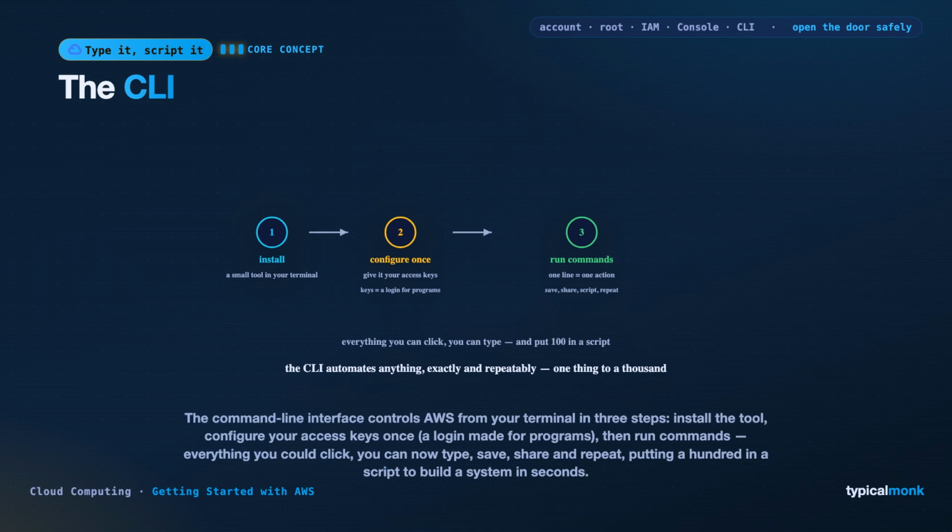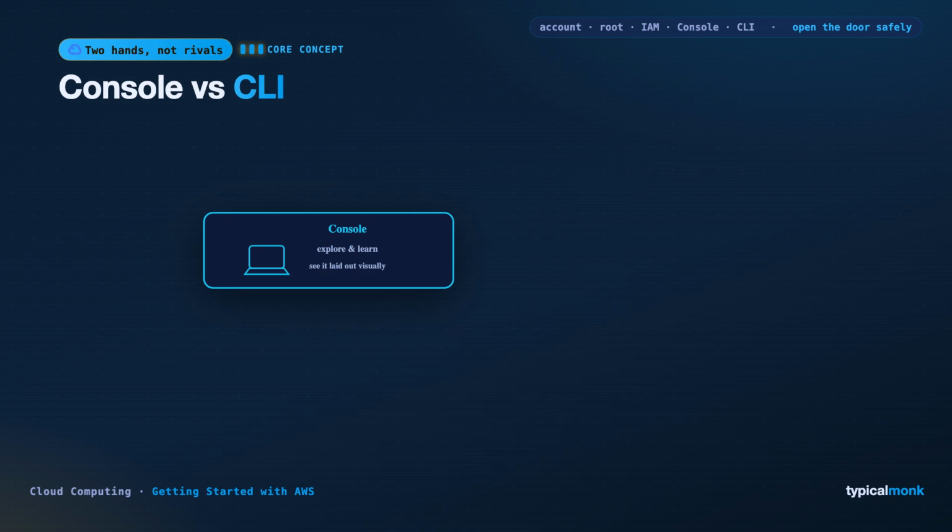So the takeaway: the CLI controls Amazon Web Services from your terminal. You install it, configure your keys once, and then you can automate anything, exactly, and repeatably. It is how you go from clicking one thing to building 1,000. So you have two tools that do the same job in different ways. Which do you use? The honest answer, the professional answer, is both, and the trick is knowing which